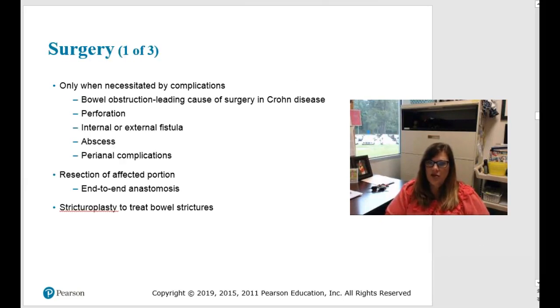And surgical options. We really don't want to do this unless it's absolutely necessary because of complications. If you have a bowel obstruction, that is probably the leading cause of surgery in Crohn's disease. If there's a perforation, obviously we need to take care of that. Internal or external fistulas, abscesses,